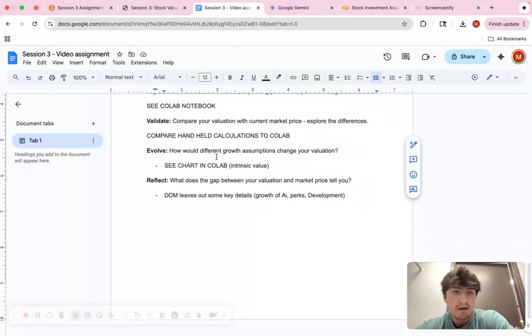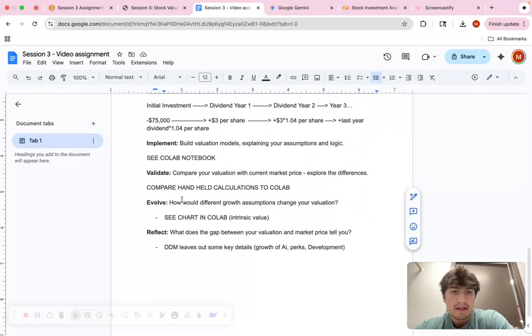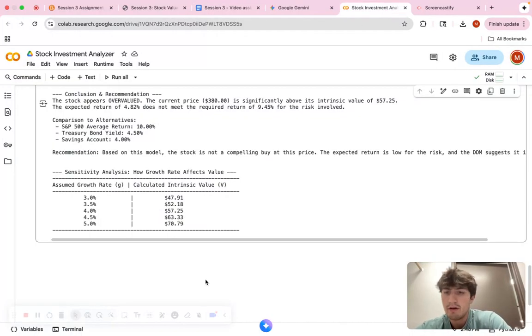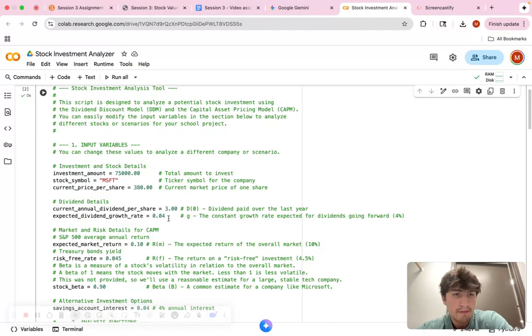So we'll go to here now. That's the validate. Evolve, you asked us how would different growth assumptions change your valuation. So here's where we evolve this. And this is the assumed growth rate, and it goes with that value. So right now it's 4%. This is 57.25. So let's go up here and change our growth rate to